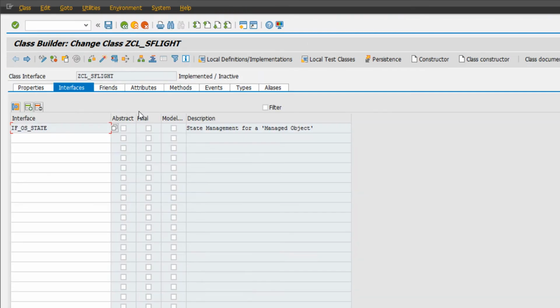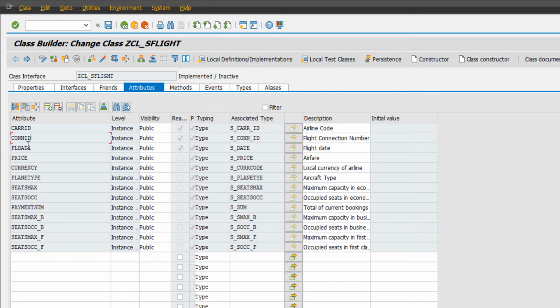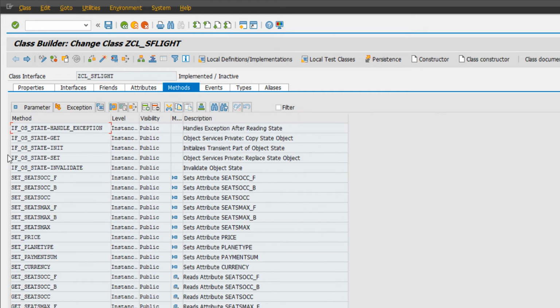So if we go back to the screen, let's go to attributes. You can see that we have all those fields from the SFLIGHT table are now attributes from our class, right? And an interesting point: the business key, or all the key fields from the table, are set to read only. This is interesting because if you go to the setters and getters,